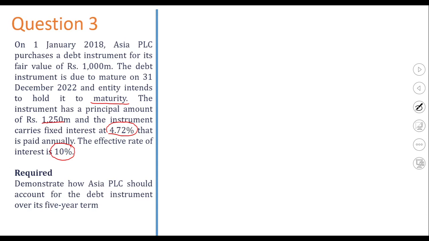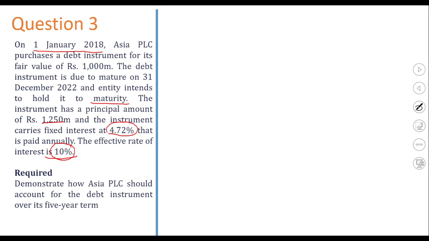Right. Now, in the examination you will be given this EIR, right? So you need not calculate it, but practically you can put these cash flows into an Excel and see whether it holds. Anyway, now when they purchase this asset on 1st January 2018, right? The instrument they purchased